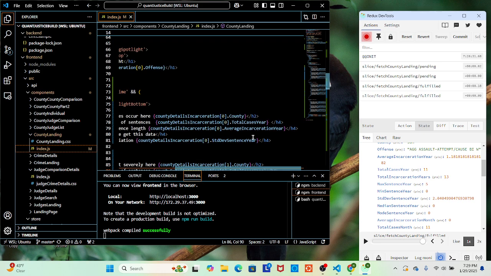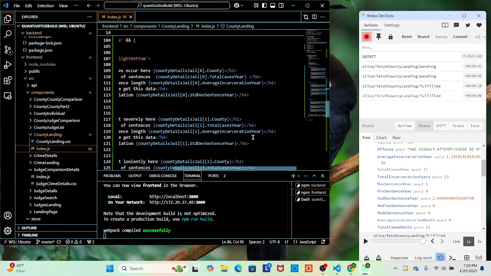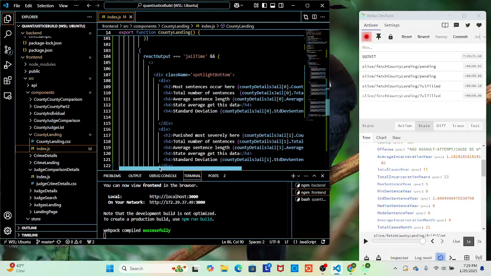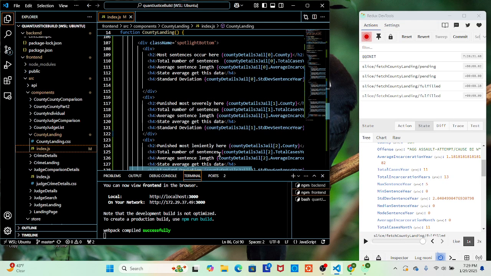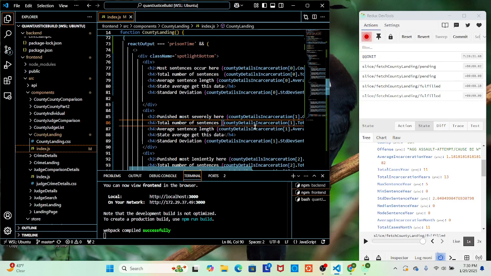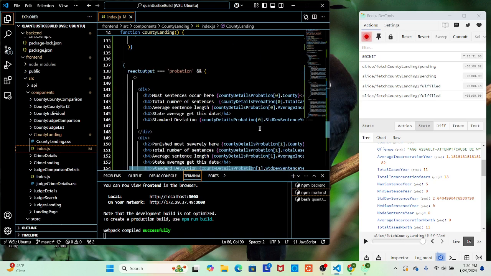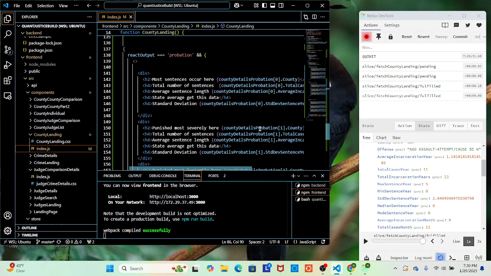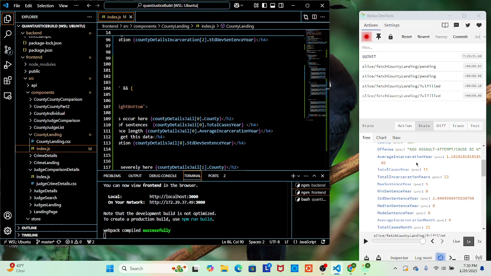Candidate details, incarceration, 012, 012, 01, and 2. No. Well, that's good. Candidate details, jail. No, they are different. Candidate details, incarceration. Yeah. So this part I did right. I just have to change all the parts. Should have known that. Yeah.